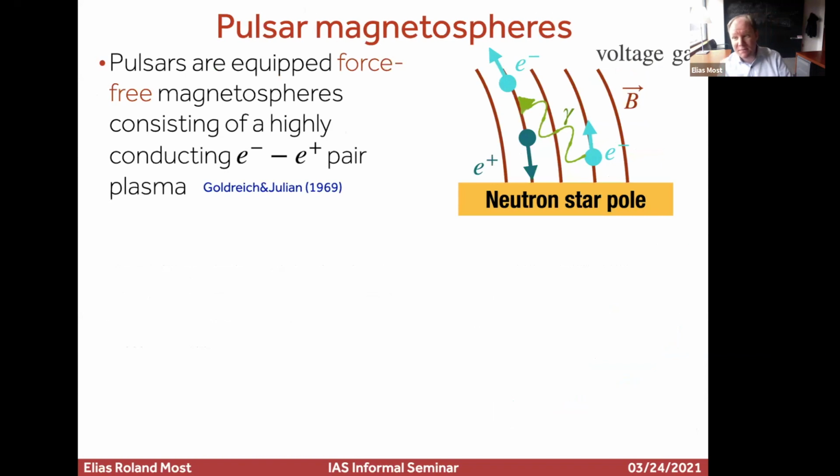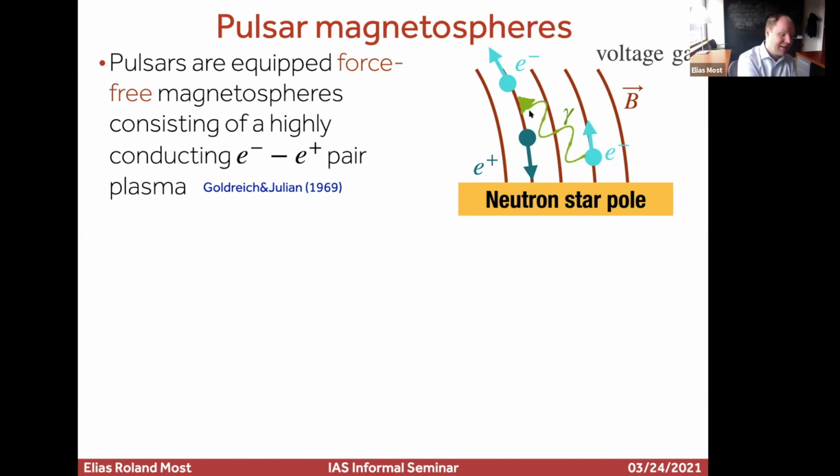What is interesting about those neutron stars, or one of the reasons why we can actually see any emission from them, is because they're so rapidly spinning with so strong magnetic fields that you will produce a voltage gap at the surface of the neutron star. The voltage gap is basically, you need a magnetic field strength of more than 10 to the 11 Gauss, I think. What happens then is you accelerate charged particles from the surface in the voltage gap. Look at the little electron here, those move on curved field lines. And because they move on curved field lines, you get something that looks like synchrotron radiation.